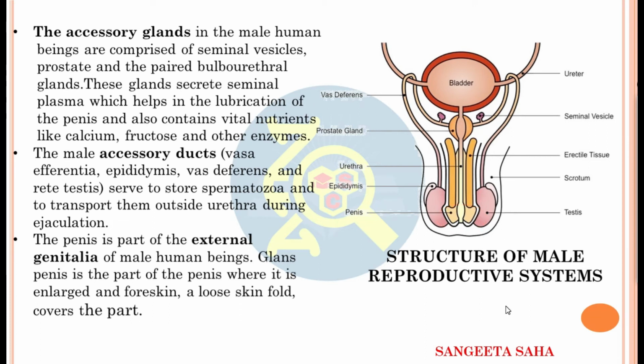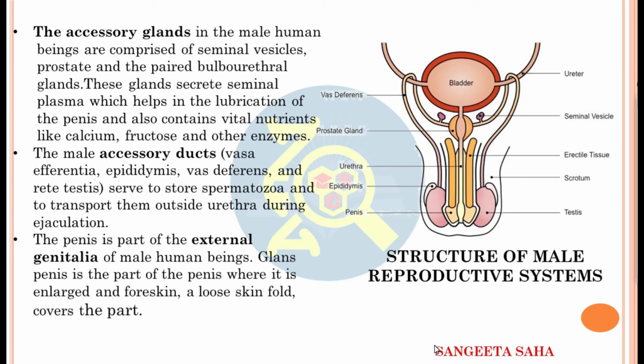Now the opening of the copulatory organ is the urinogenital aperture. So by now you have understood all the structures of both the primary sex organ of the males as well as the accessory sex organs of the males. Now coming to the functions of the structures I have described right now.